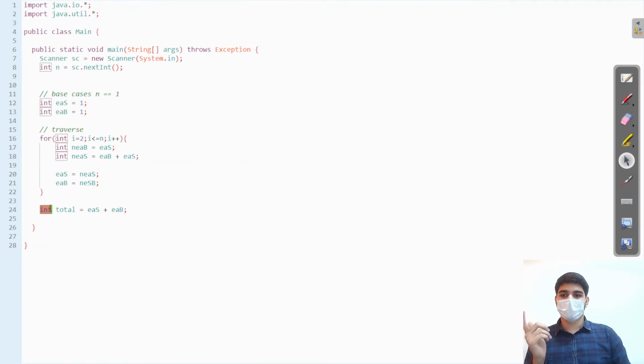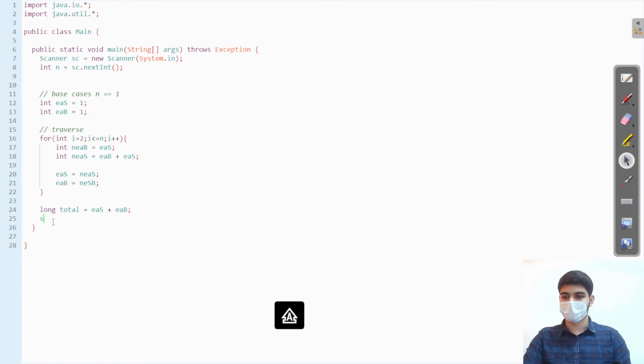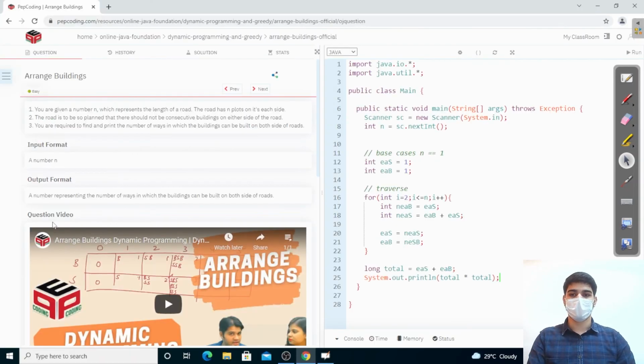So what we want to do at this point is convert this into long, right? Because we want to square the total number, and that can possibly go out of the bounds of integer value. So I would convert it into long total, and what I'm going to do is I can just have System.out.println, and as I have to square, I can do total into total over here, right? And if I run this,